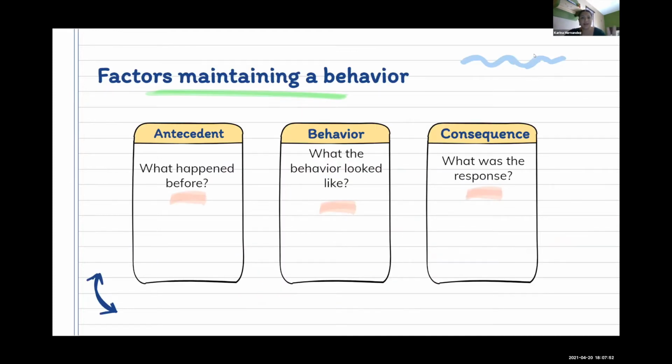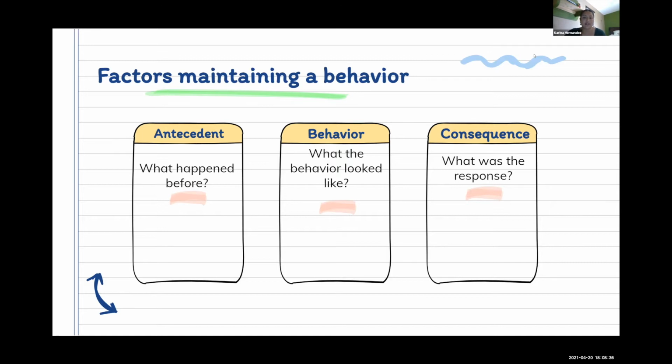So ABCs. A stands for antecedent. What happened before the behavior? The behavior is what it looked like. Did we see any crying? Did we see hitting? Did we see falling to the floor? Did we see yelling, throwing items? It varies per child. Our antecedent, as I mentioned, is what happened before. So was an iPad taken away? Was broccoli, something that we don't like, given to us, and so forth? And then lastly is our consequence. How do we respond to that event? Was our child hitting and then we took away the broccoli, or did we say no, or